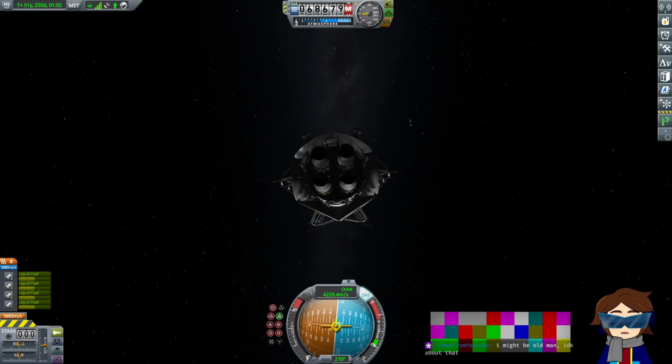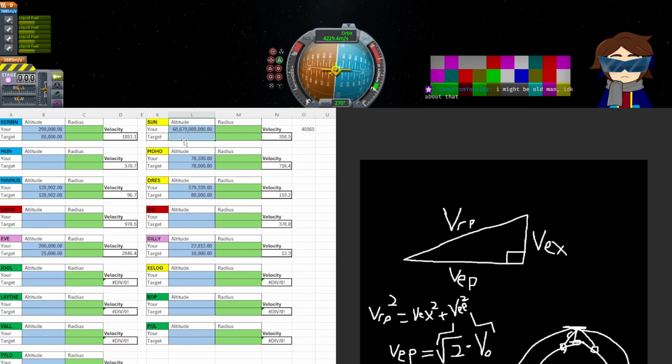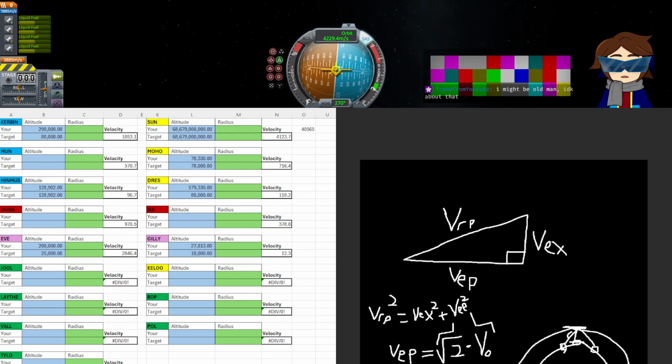If we circularize now, where are we? 68679. Billion. 4123.7. We know this is too low. We've already determined this is too low. So if we go and stop here,